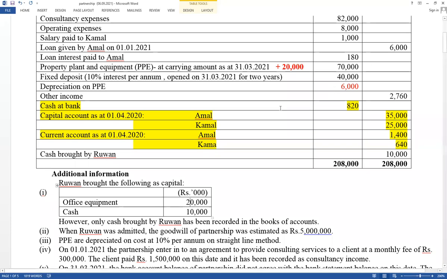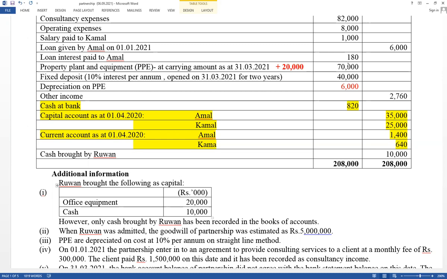Therefore, now you have to calculate depreciation only based on office equipment. All other property, plant and equipment were depreciated already, but the carrying amount is given directly, not accumulated depreciation accounts. That is why this depreciation has been deducted from the asset. Depreciation expense account debit, property, plant and equipment account credited, not given accumulated depreciation separately. But the new partner also introduced office equipment as capital. Based on that value, depreciation was not calculated.